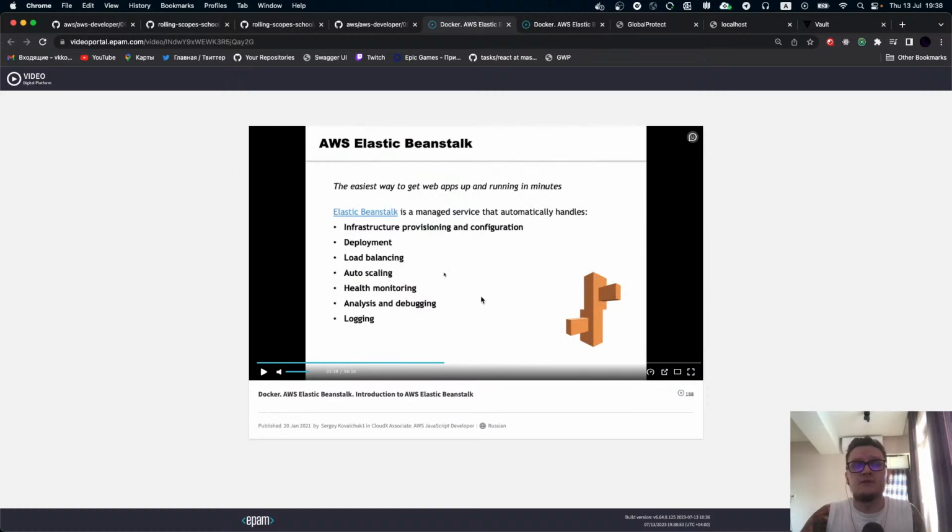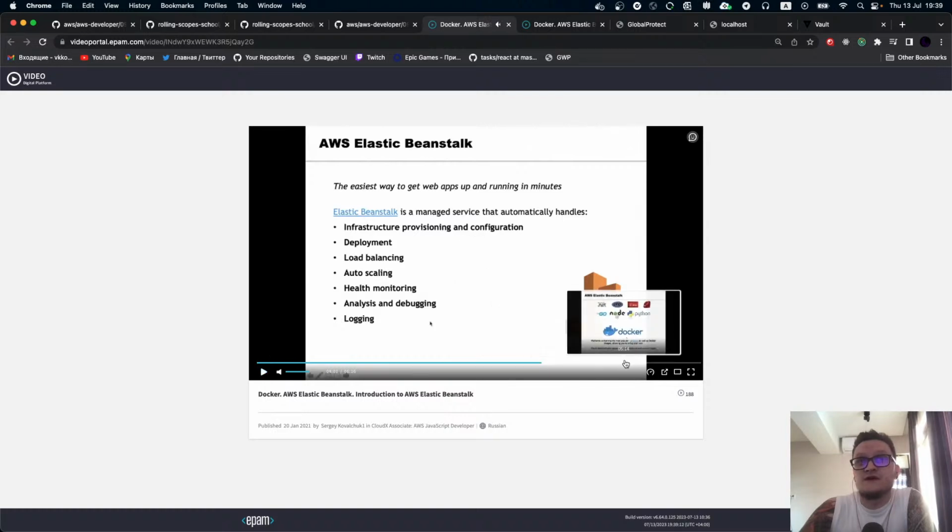We already used Lambdas, and it's more about microservices, but sometimes we need some solid solutions. We need to create a solid server somewhere, and for this case usually we use Elastic Beanstalk. So that's the main feature of this guy, to create your server somewhere in the cloud.